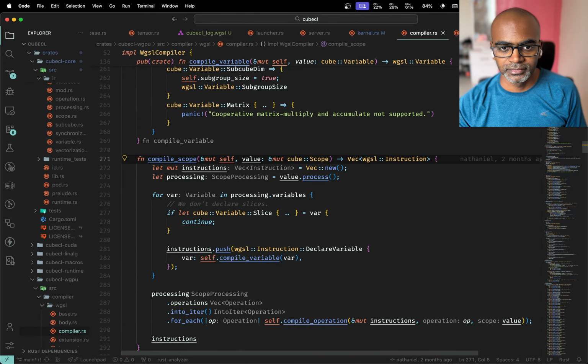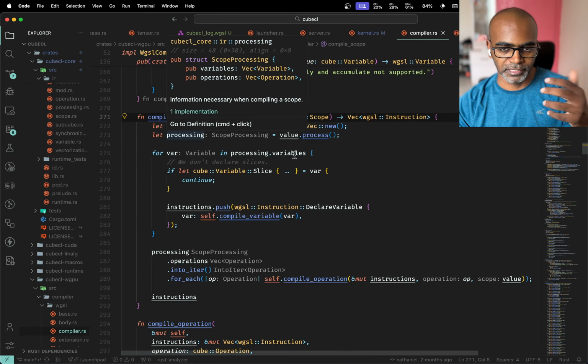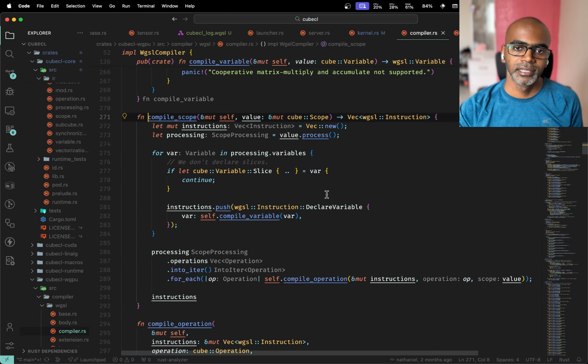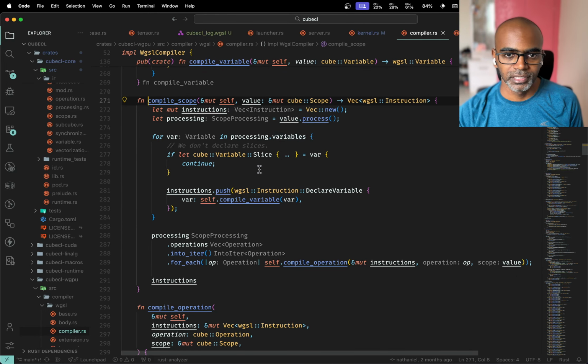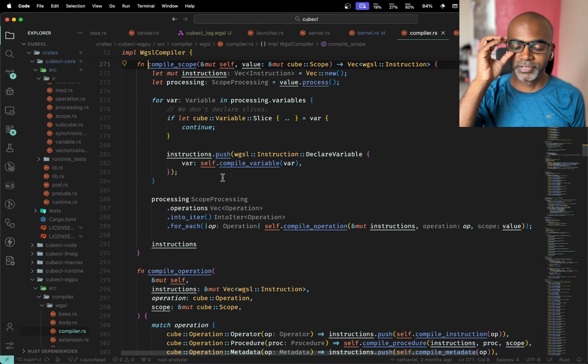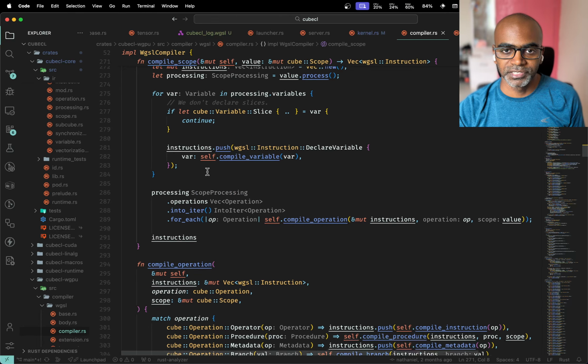Okay, did I miss something? Yeah. So you get the scope processing out, and now that you've got the scope processed, you know all the operations and the variables that exist. Let's just loop through them. Let's look at the variables first. If it's a slice, we don't care, because obviously you can't reference slices in your data code. But if it's an instruction,